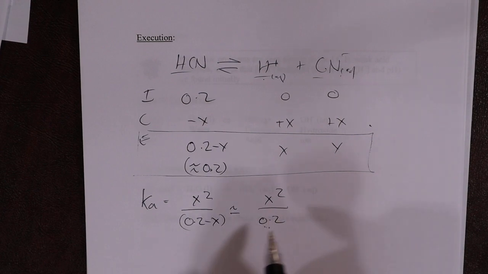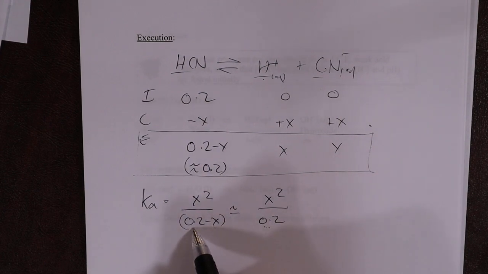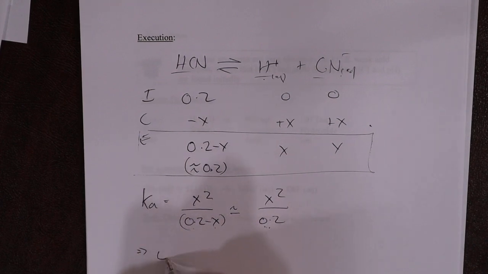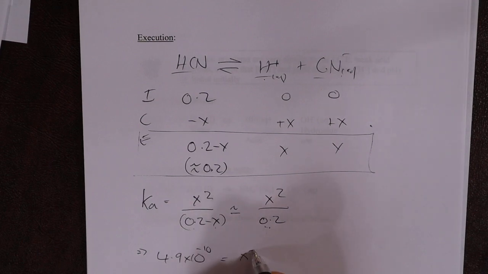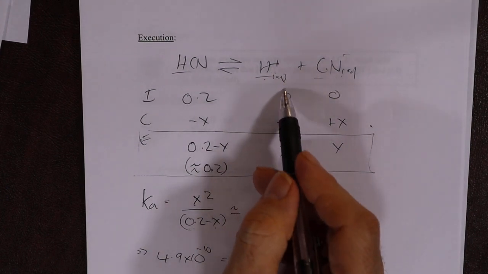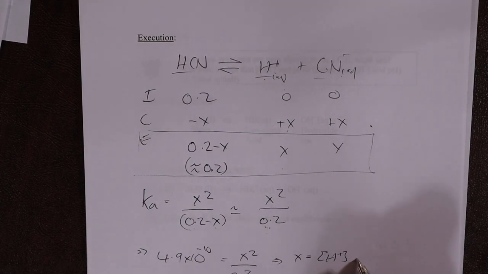Okay, because we assume that X is super small compared to 0.2. All right, therefore flip back, Ka was 4.9 times 10 to the minus 10, X squared over 0.2, therefore X equals H plus, which is what we're after, that's our focus, which equals this times this square rooted